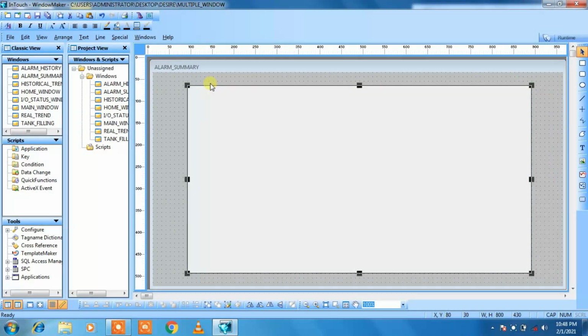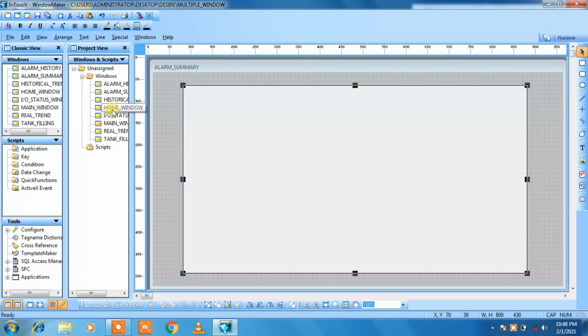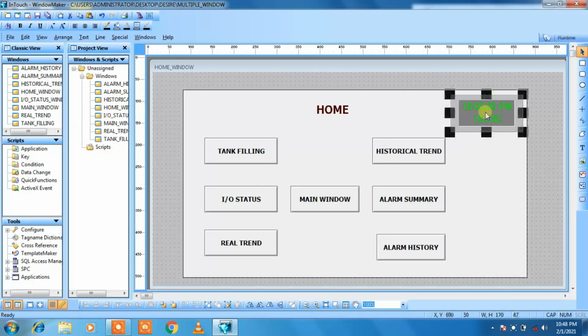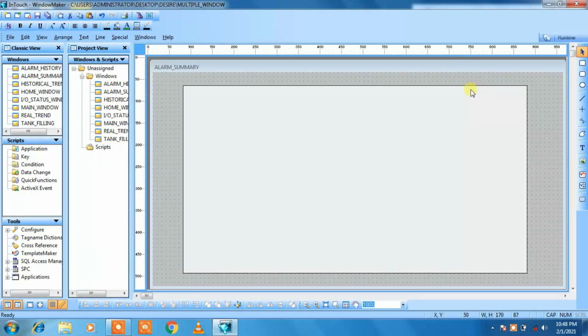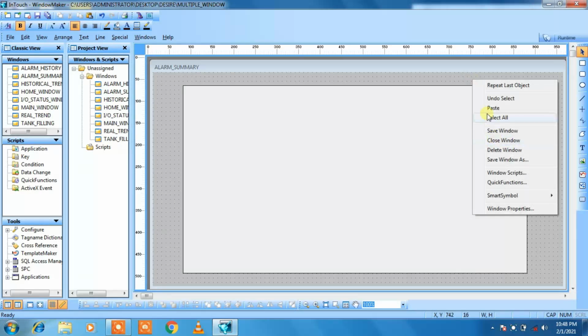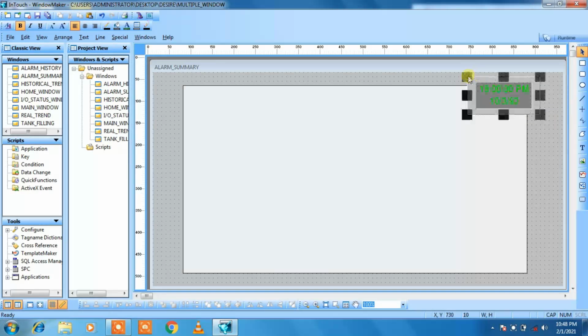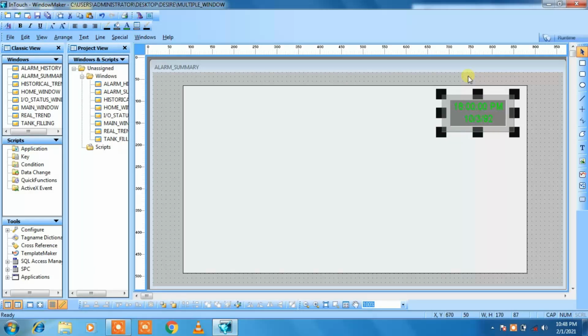Then we also want clock over here. Let me select the clock from the previous window. Then go to the alarm summary, just paste it, click on the screen and you will get the clock also.